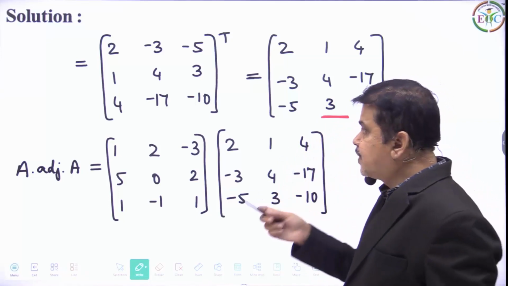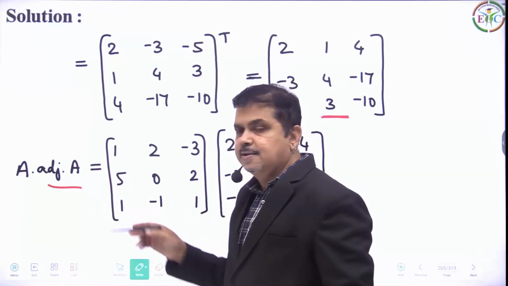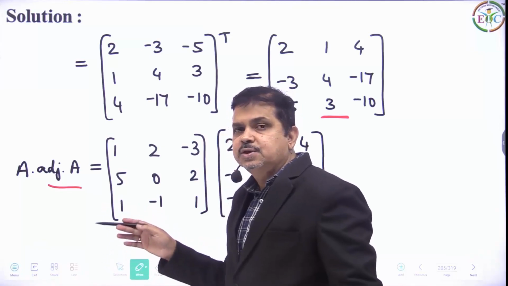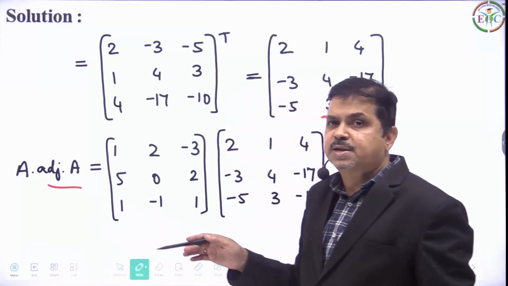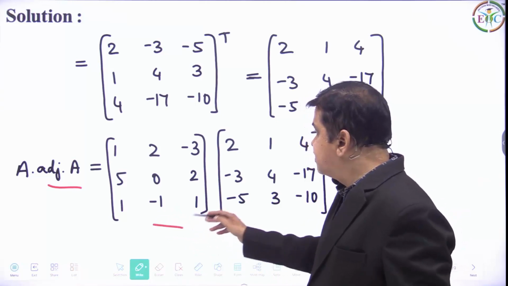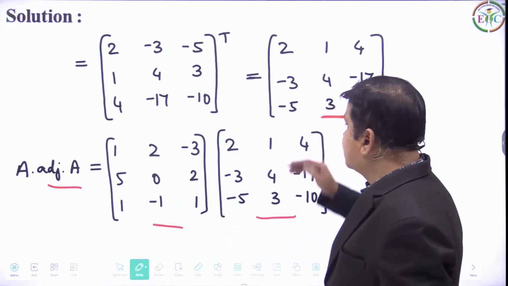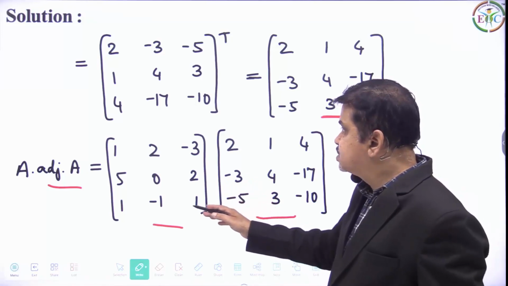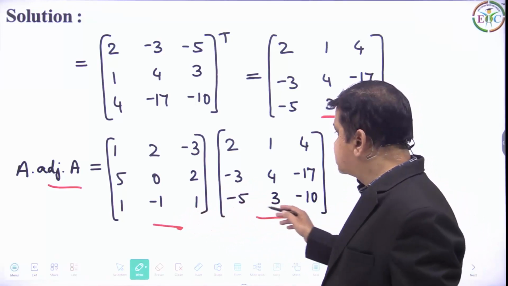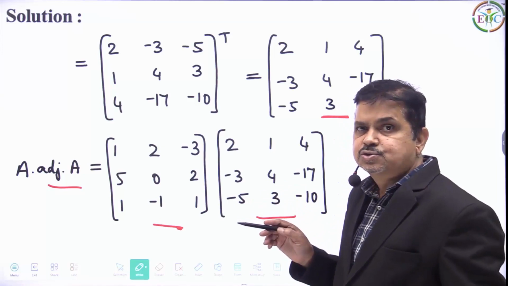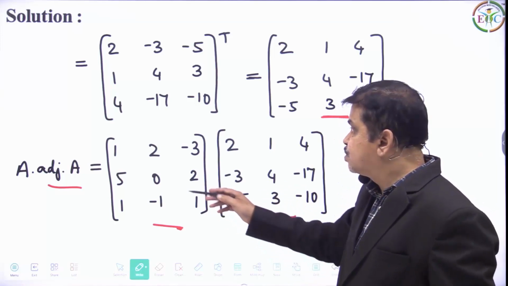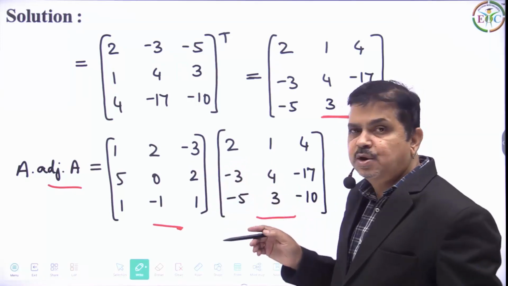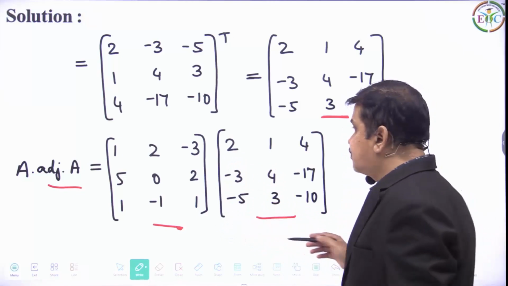So now we have to find out A into adjoint A. So A into adjoint A is the matrix multiplication of the matrix A with the adjoint A matrix. So now you can perform the multiplication between the A matrix and the adjoint matrix, by multiplying and adding the corresponding row elements with the corresponding column elements. So therefore we get,